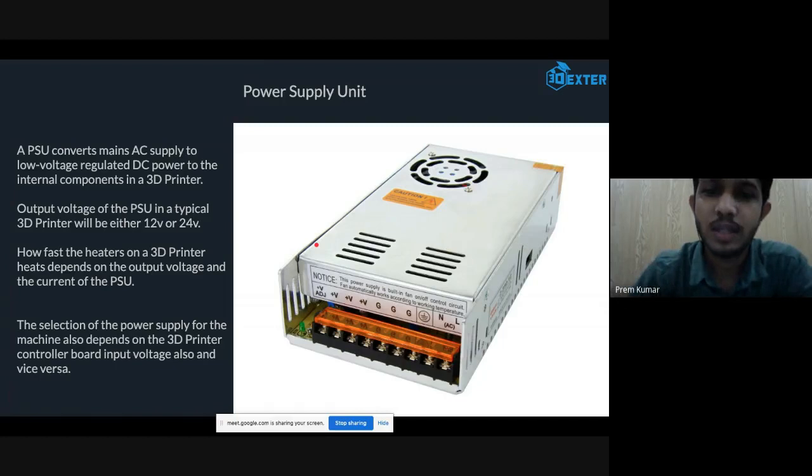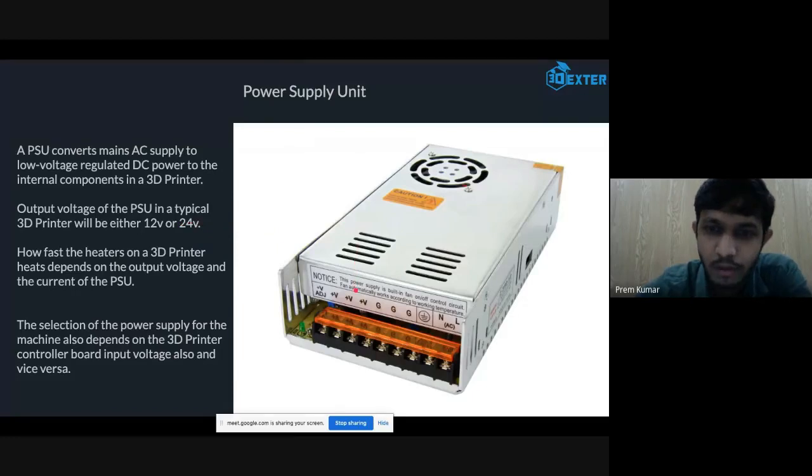If you are using a heated bed, hot ends and motors, you have to calculate how much load you are going to put on your SMPS. Once you calculate that, you will know how much current you need from your SMPS. Then you can easily choose what kind of SMPS you need, either a 12 volt 10 ampere one, or a 12 volt 30 ampere one, or 24 volt 10 ampere, like that.